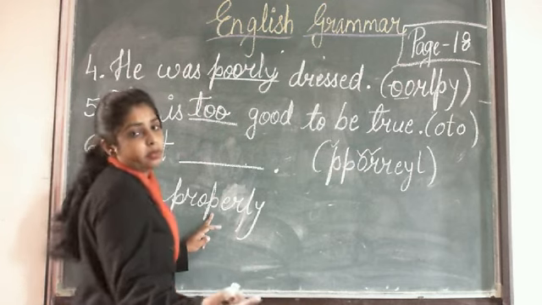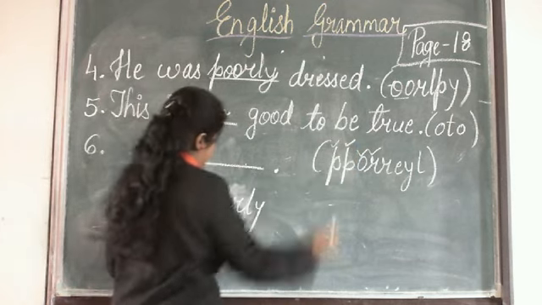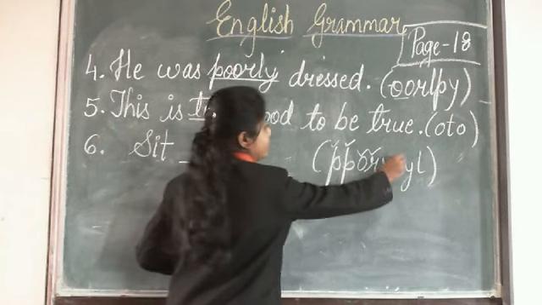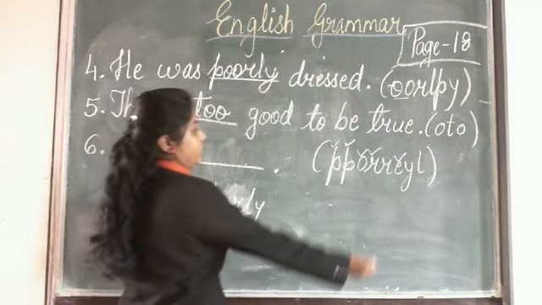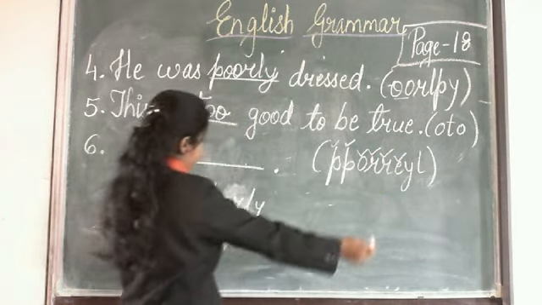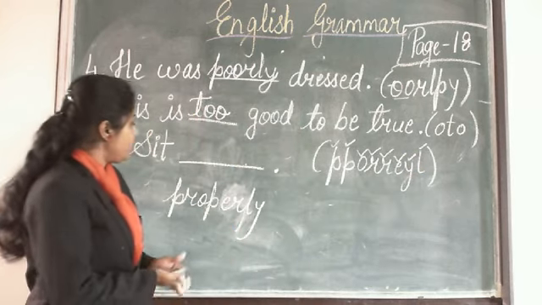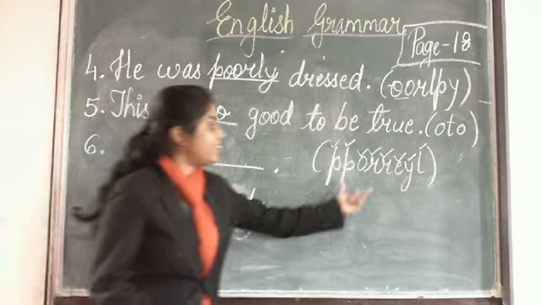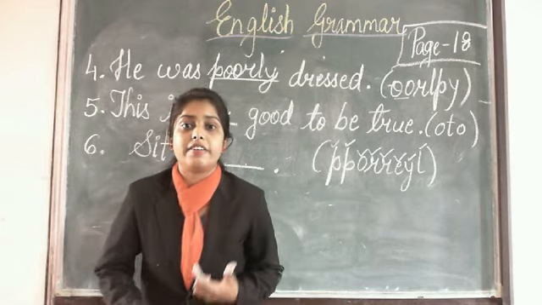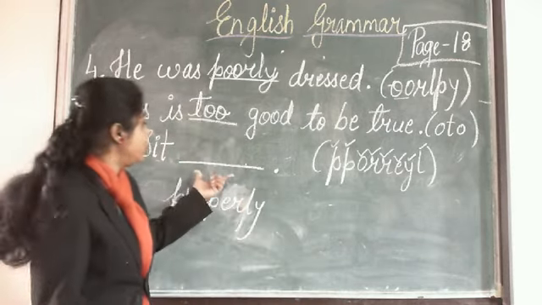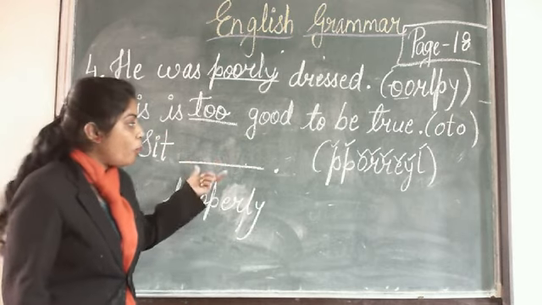One more P should be there. Yes, we are having it. E, yes. R, yes, there is one more R, okay. L and Y, yes, we have L and we have Y. So we can make the spelling of properly with these set of letters. That means the adverb that we should be using here to fill up the blank is properly.